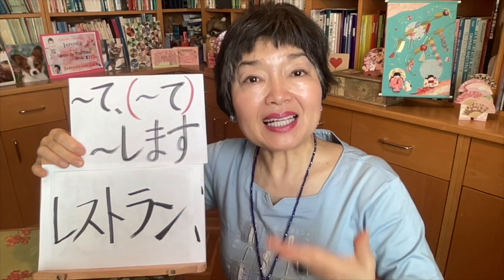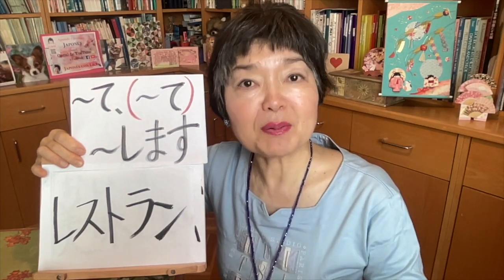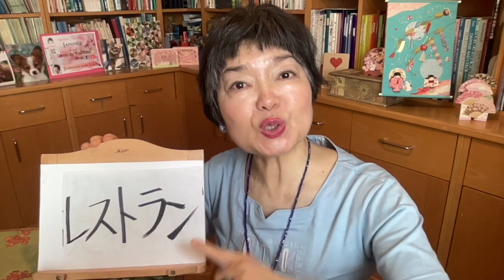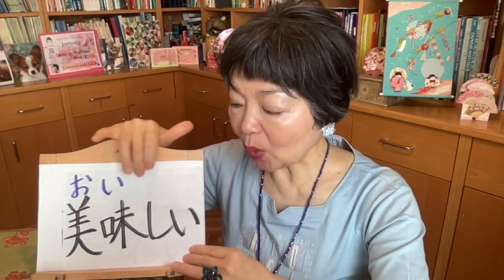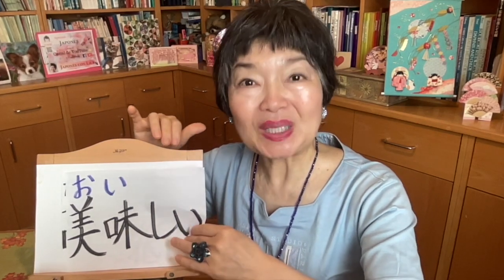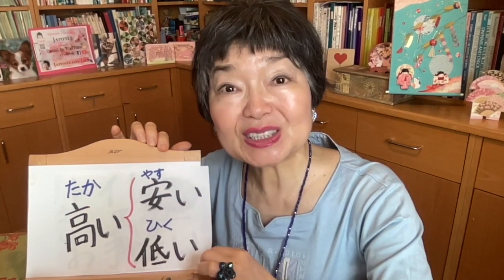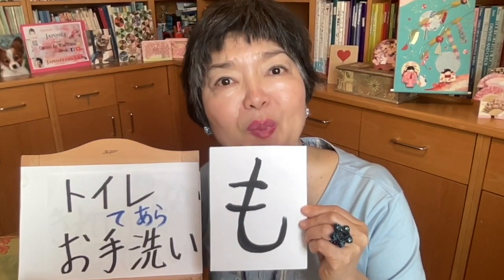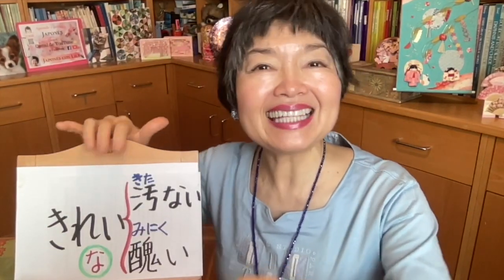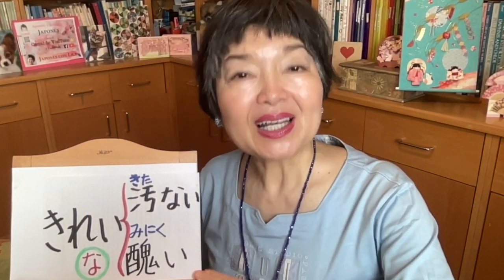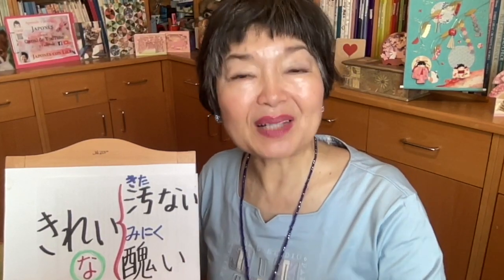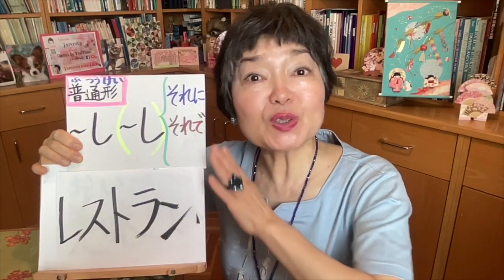In this case, I'm telling three facts, and this is so objective. このレストランはおいしくて、安くて、トイレもお手洗いもきれいです。